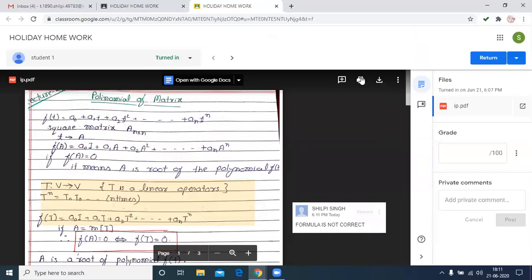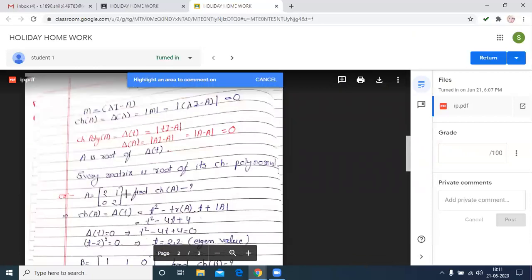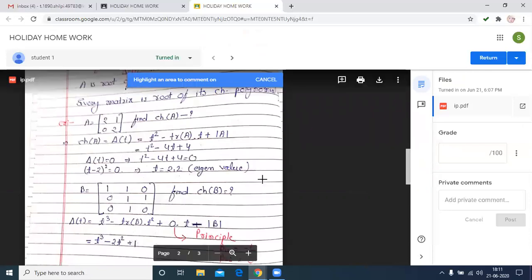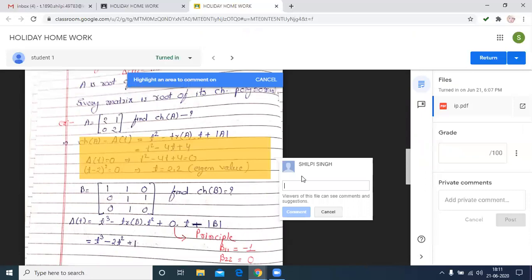For giving the comment, we have to click this plus sign, then highlight the portion where we want to give the comment. This portion. So these are the comments.